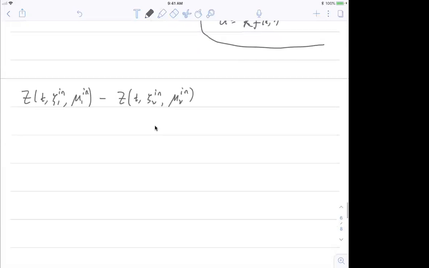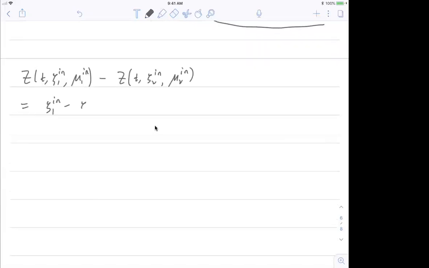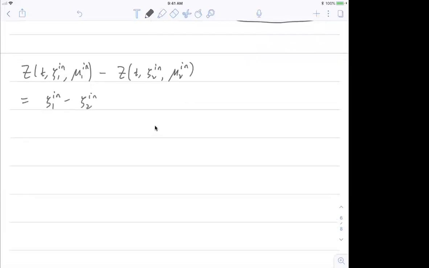Okay, so then there are two parts. The first part is just the difference in the initial data. Then the difference